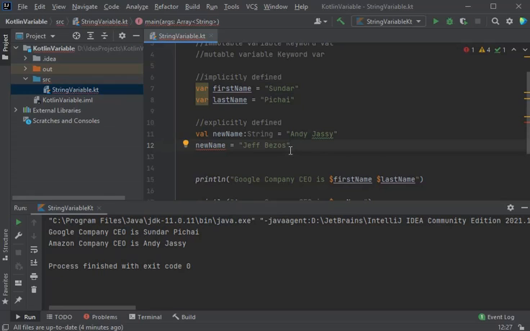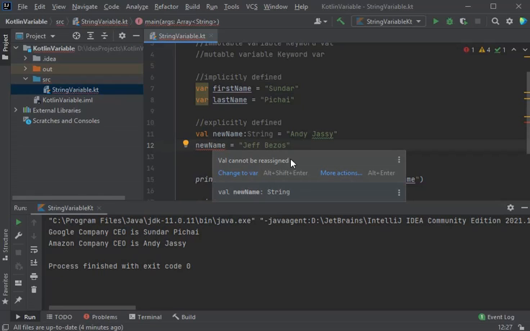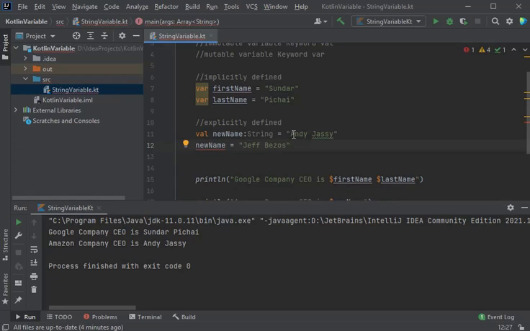Let me give Jeff Bezos, and here you can see a message, val cannot be reassigned. Means once you assign a value to this immutable variable, you can't reassign the value to this. Means it's almost like a constant variable.